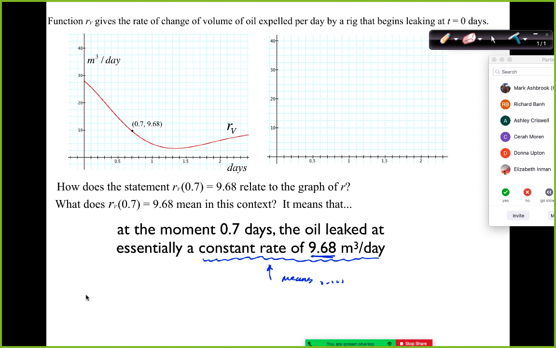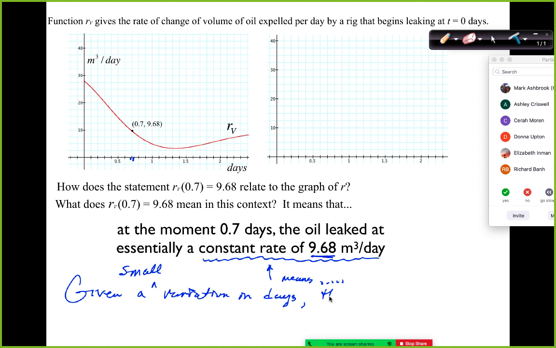For a small moment in time next to 0.7 days, the change in oil leaked is 9.68 times the change in time. Good. Okay, here we go. So given a variation in days, now what do we have to qualify? We have to stay in the moment, right? So how do we have to qualify that variation? Given a small variation, it's got to be within the moment. So given any small variation in days,